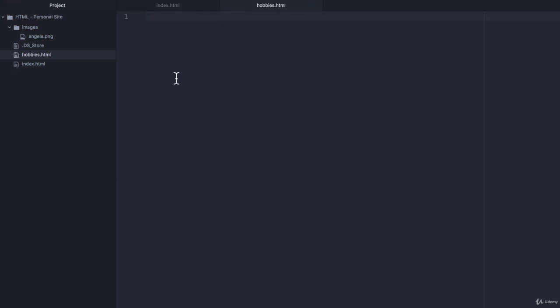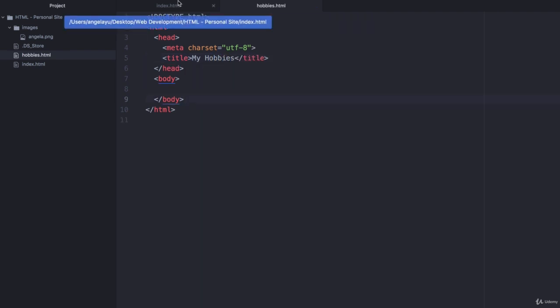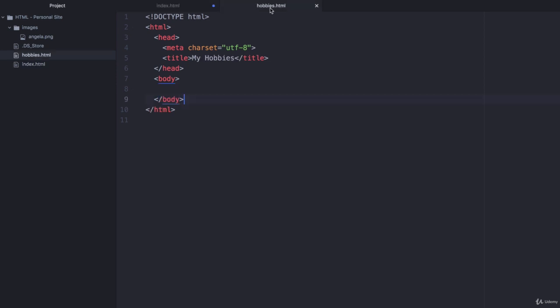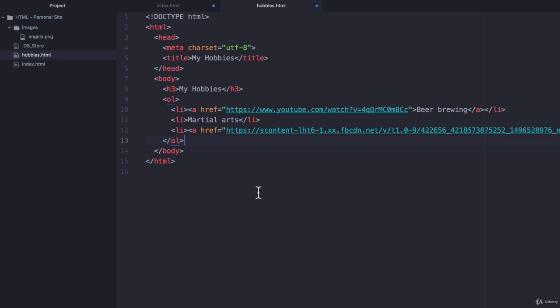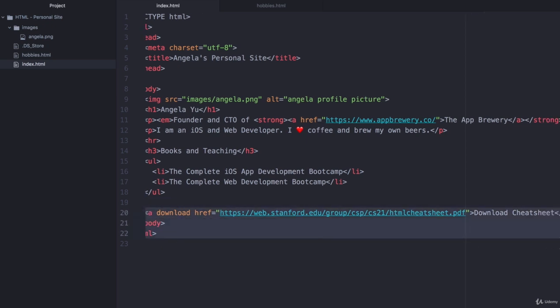Now for hobbies.html, I'm first going to add the HTML boilerplate code, and the title is going to be my hobbies. In the body, I'm just going to copy all of this, and I'm going to hit Command X or Control X to cut, and then I'm going to paste it over here. So now if I hit save for hobbies and I go back to the index.html,